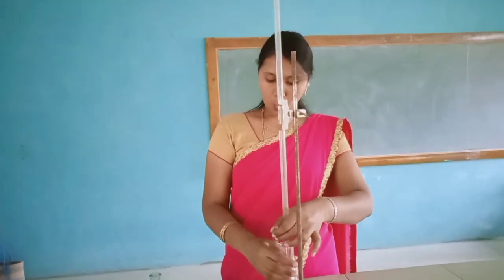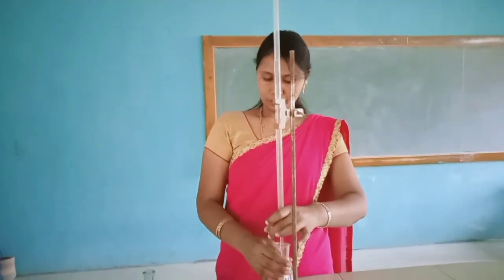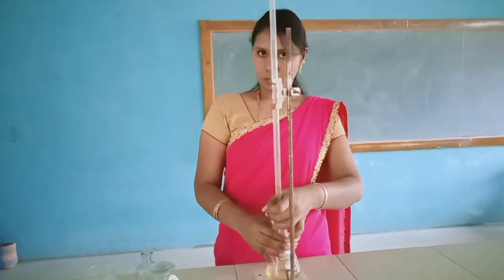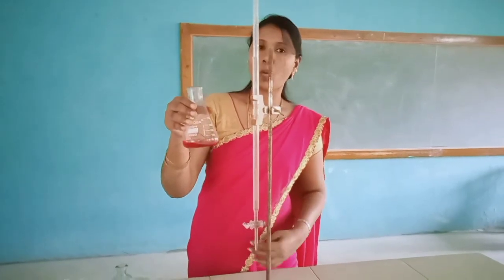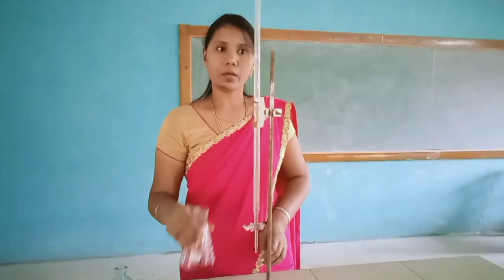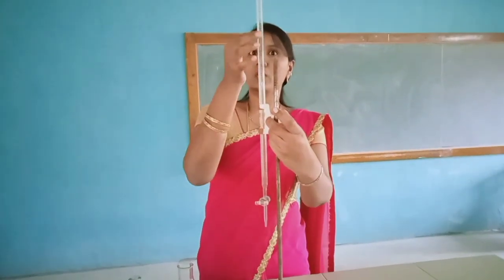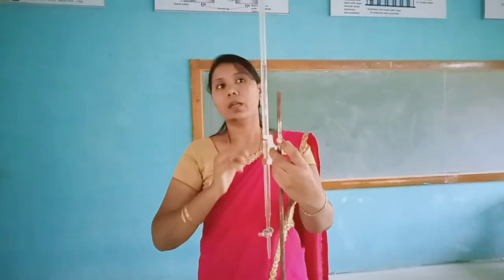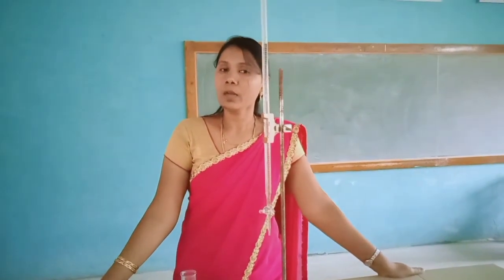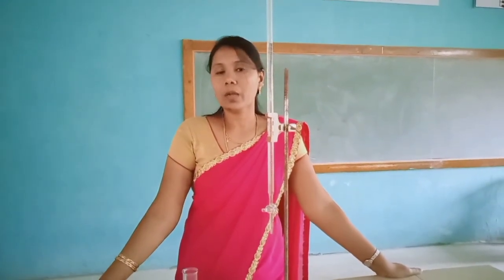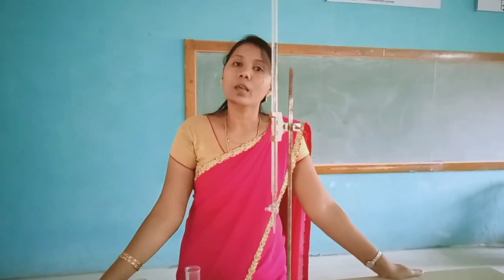The yellow color slowly turns into wine red color. The endpoint is wine red color. With the help of this wine red color, we can find out the methyl orange endpoint. Now look at the reading and note down the reading. From this reading, that is from titration 3, we will get the methyl orange endpoint. With the help of the phenolphthalein endpoint and the methyl orange endpoint, we can calculate which kind of alkalinity is present in the given water sample.